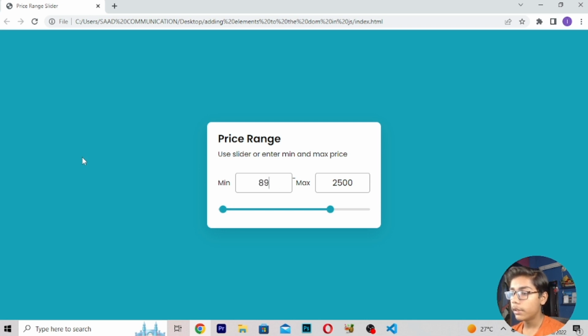Then if you write here 9000, so you will be getting it, and if I write here 4000, so you will be getting it minimum. Then if I write 8000, so you will be getting it minimum here. So like this, here you can set, and you can see this is the minimum value, 10,000 you can write, and maximum should also be 10,000. So like this, here this is our price range selector, which you can say price range slider, which we have built by adding elements to the DOM using JavaScript.